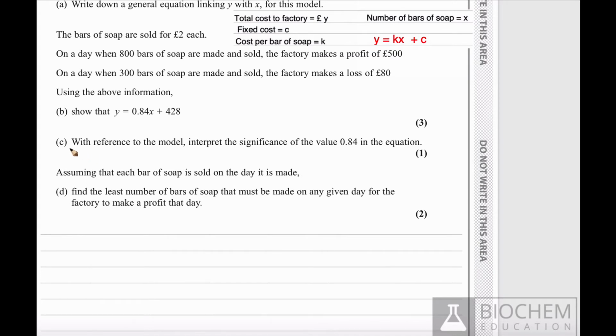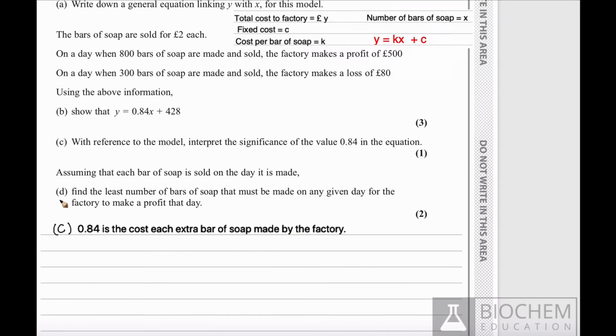Question 7, Part C. With reference to the model, interpret the significance of the value 0.84 in the equation. So what does this value 0.84 mean? We have defined this as K, and K was the cost per extra bar of soap made. Hence, our answer to Part C is: 0.84 is the cost of each extra bar of soap made by the